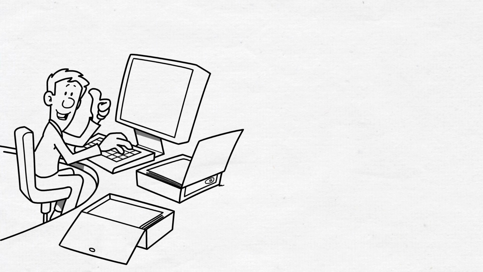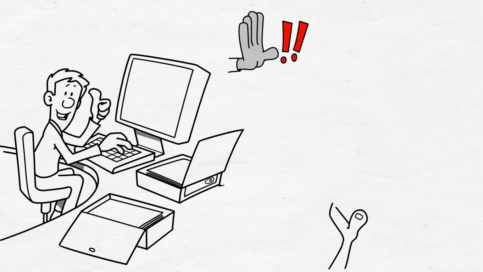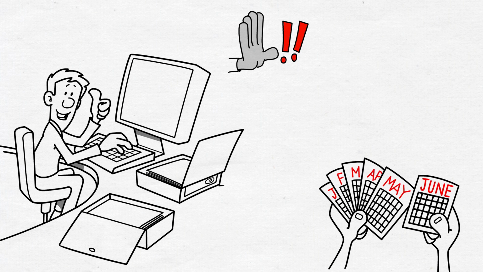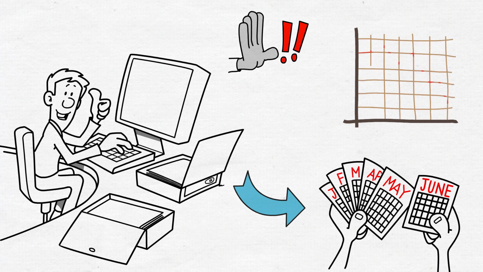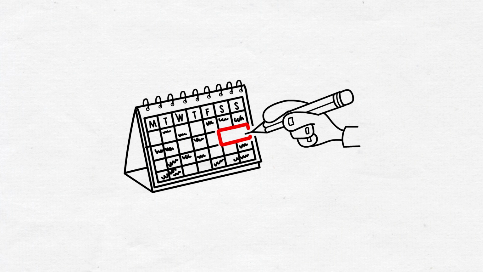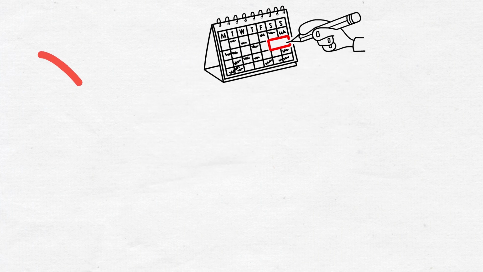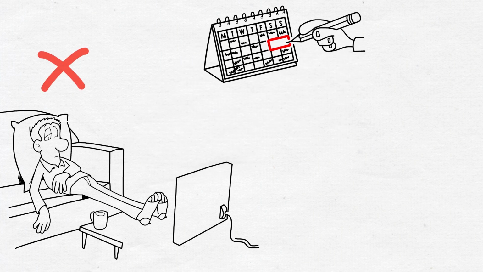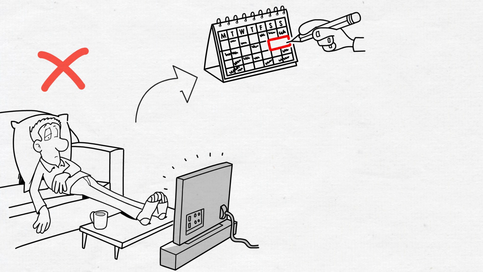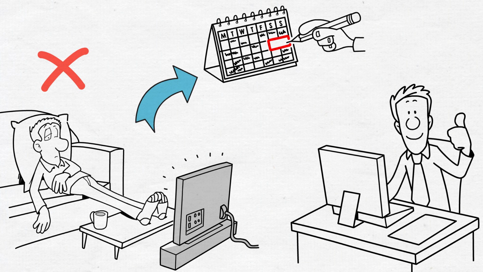Another benefit of setting a time-bound goal is that it helps you prioritize your activities and avoid procrastination. When you have a specific deadline, you're more likely to focus on critical tasks and avoid distractions that can derail your progress. For example, if you have a project due in 2 weeks, you're less likely to spend hours browsing social media or watching TV because you know you have limited time to complete the project. Instead, you're more likely to focus on critical tasks and use your time more effectively.